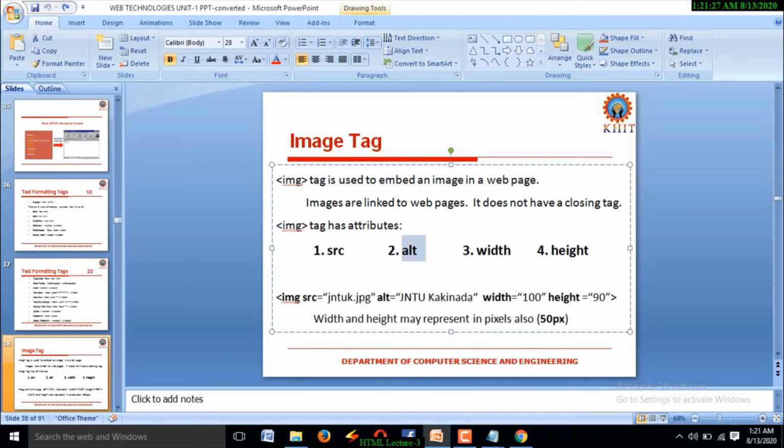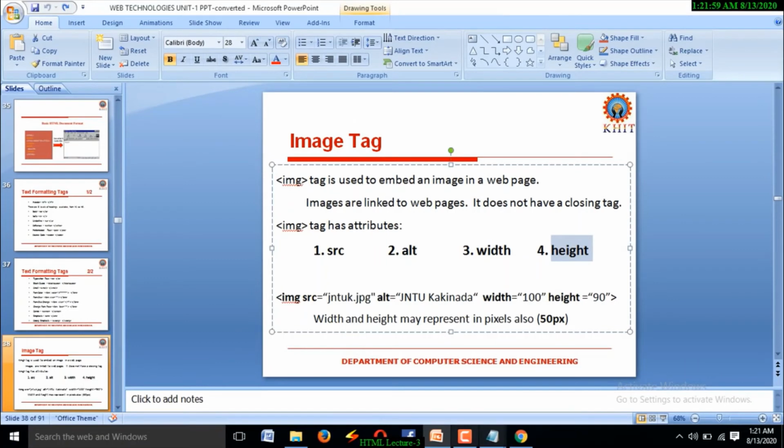And you need to specify the size of the image by using width and height attributes. Totally, img is a tag which is used to embed a specific image into your web page. Image has 4 attributes: src indicates source, alt indicates alternative text, width is image width, and height also.